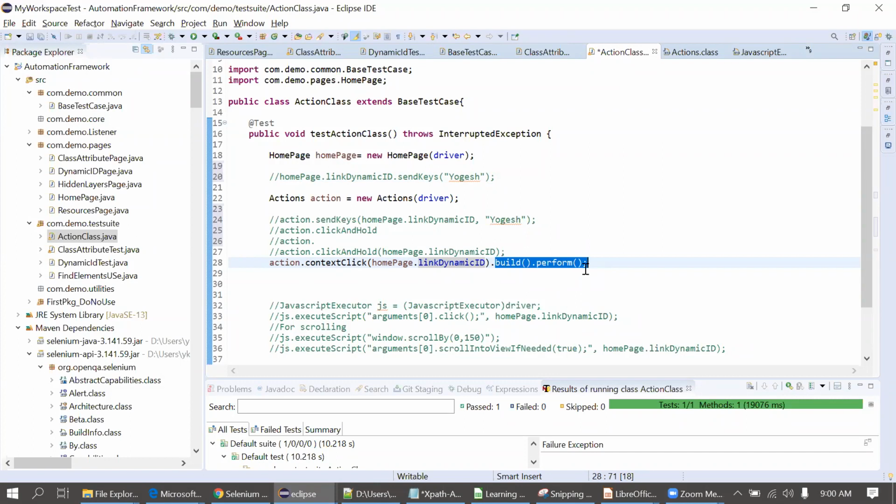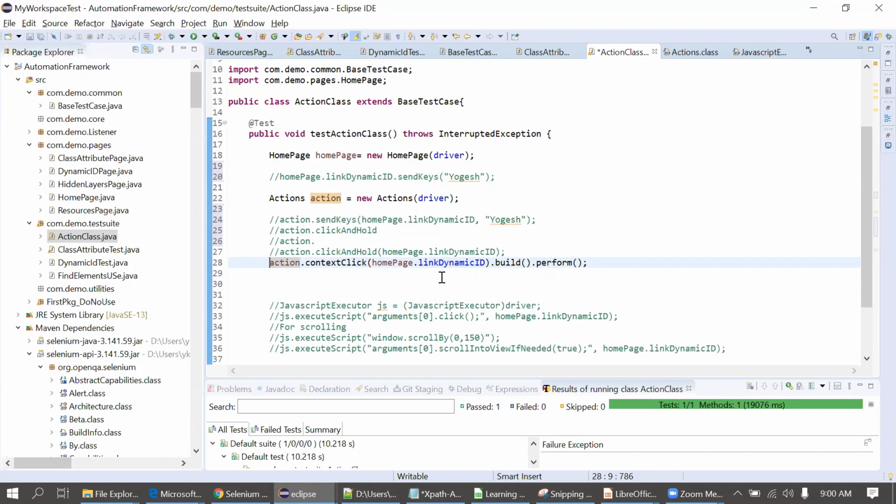So Yogesh, this build.perform, do we have to use it on every line or at the end of the action? Whenever you want to perform the action, on that line you have to use this. Suppose you are clicking something, or any operation, you can just do .build.perform and it will work.